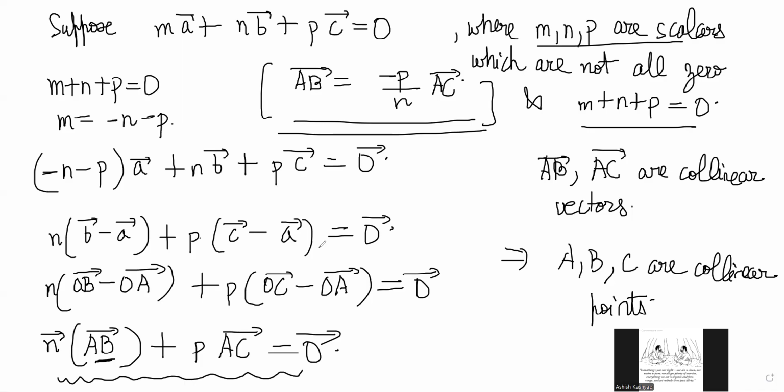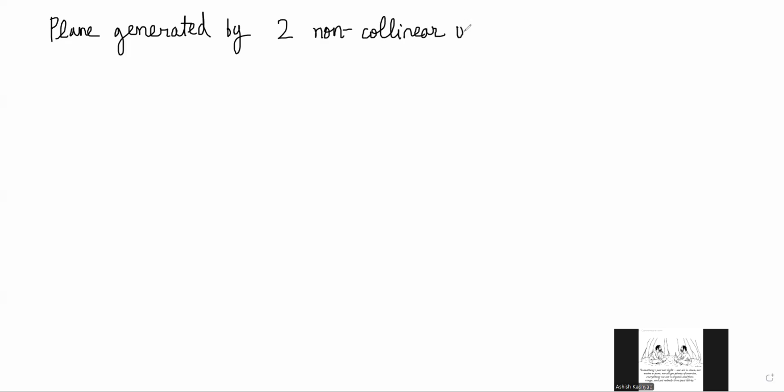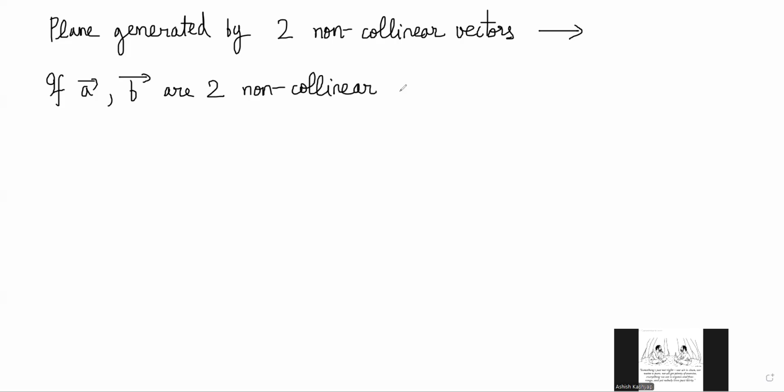Okay. The next topic that we'll talk about here is the plane generated by two non-collinear vectors. The plane generated by two non-collinear vectors. So if A and B are two non-collinear vectors, the two vectors cannot be lying in the same line, otherwise you will not be able to generate a plane. If they are two non-collinear vectors, then there exists a unique plane,